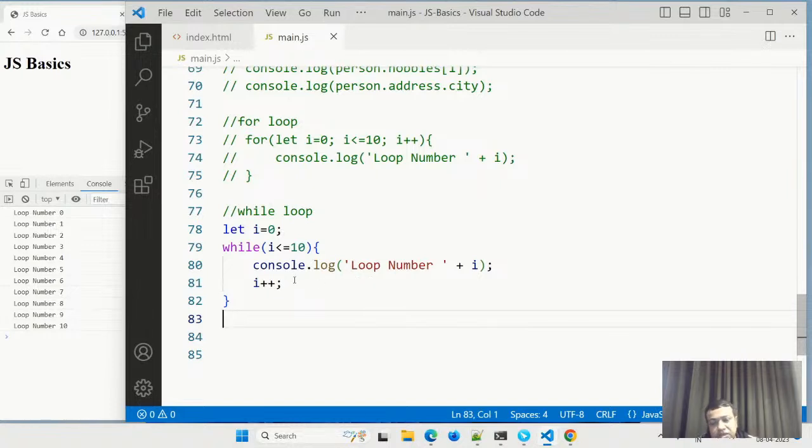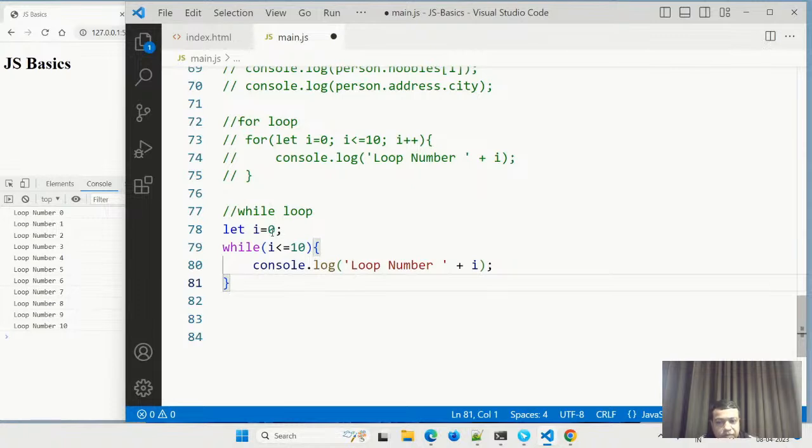But in real programs, what happens is it has multiple lines of code, at least 10, 15. So in a for loop, this i plus plus is a part of the loop, but in a while it is not a part of the loop. So a lot of times people forget to do this i plus plus, in the longer run. And if you forget to do this, what will happen? It will go into an infinite loop.